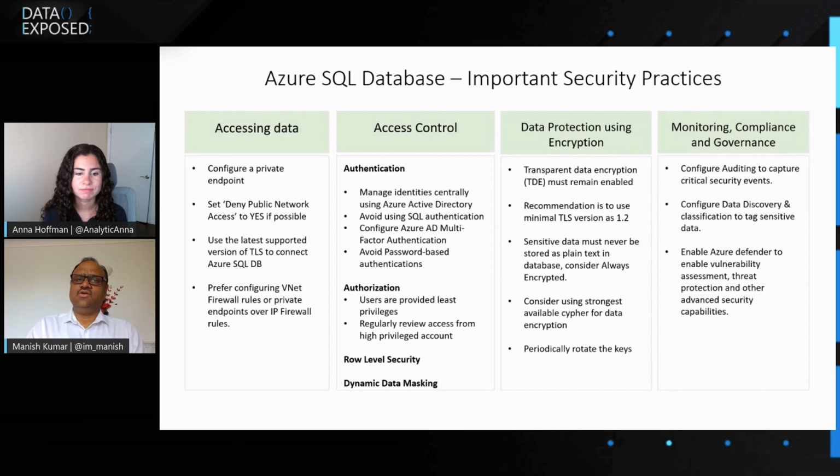It is also recommended to mask your sensitive data from the non-privileged users. So you can configure dynamic data masking for that. Dynamic data masking is basically a policy-based security feature that masks your sensitive data on the fly. Remember, your data is not masked when it is stored in the database. It gets masked on the fly when a non-privileged user is trying to access it. Remember that any privileged users like a DBA will always see that data in plain text.